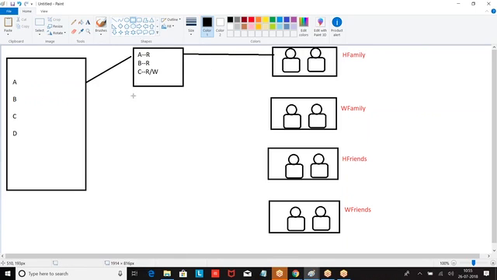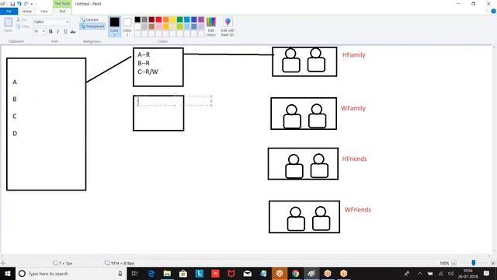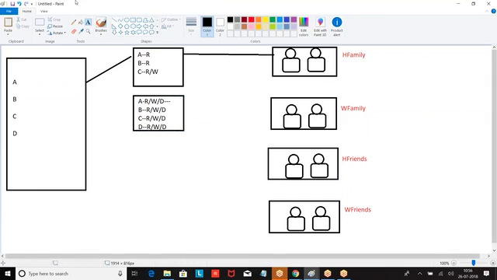Now, same story. If the wife family comes, the story is different here. A, read, write, delete. Any extra permission? Yes. They have bonus permissions from the neighbors also. If this group of people is coming, the house is the same, but will everybody have the same access? No. Depending upon your profile, your access changes.